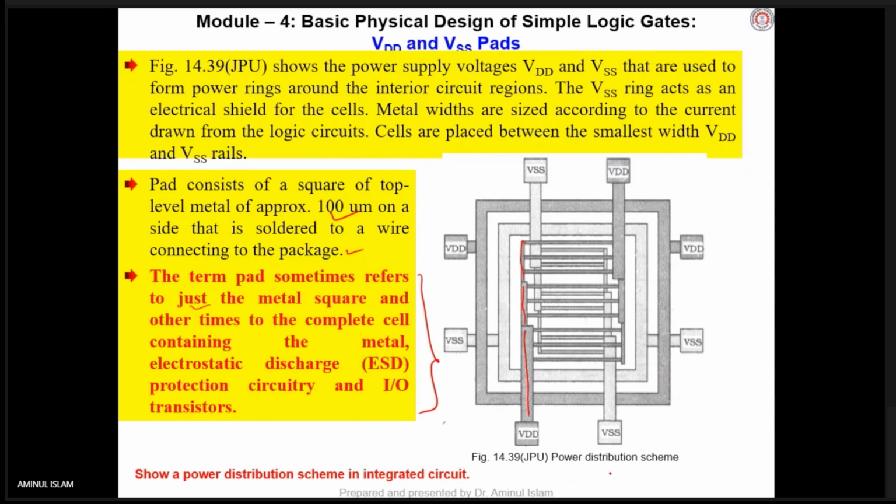Here is another power distribution scheme. Through this, your VDD and VSS are connected, so these two pins are connected. Here is the VDD and VSS. From different locations, through different pins, it is connected. Why from different pins? Because if the power supply is given at one pin and routed through a long wire, the IR drop may be more. To avoid this, surrounding the chip, you may give supply from different pins also.